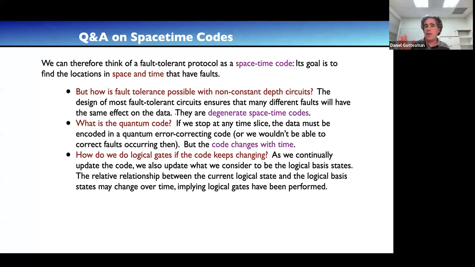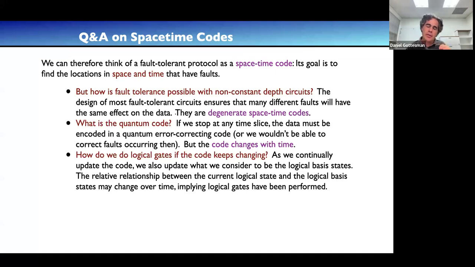The thing is that, in principle, you could just pick your logical 0 and logical 1 in the new code to make it have done any gate that you wanted. You could do the deformation, and it automatically does a gate. And to a certain extent, that's correct. I think you actually can do that. It's this idea of virtual gates that's already been explored in a more limited context with phase gates.